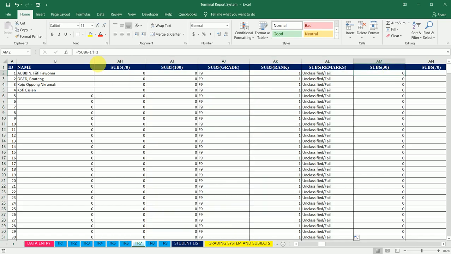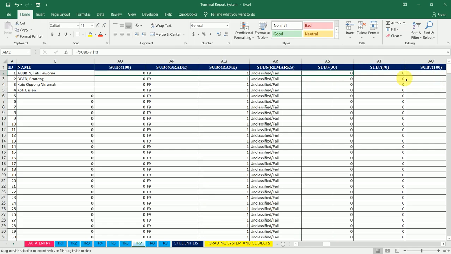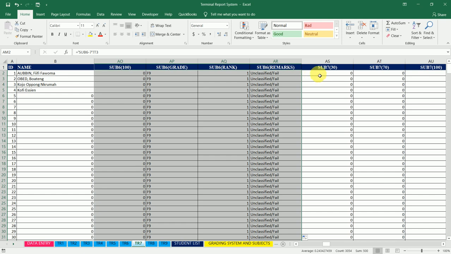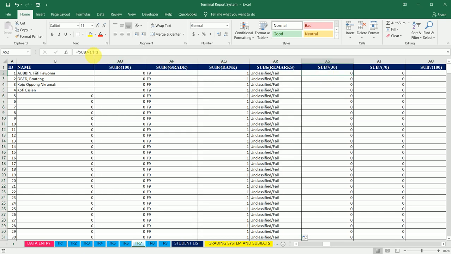Then subject 6, I change this to 7. So subject 6, 7th term. So this for subject 6, so I'll need to end that to remarks. So subject 7 is the 7th term, so I change it